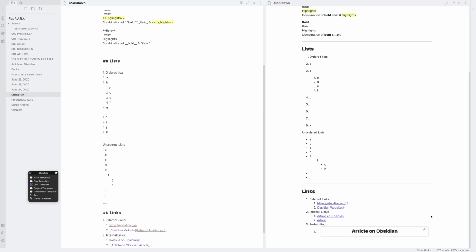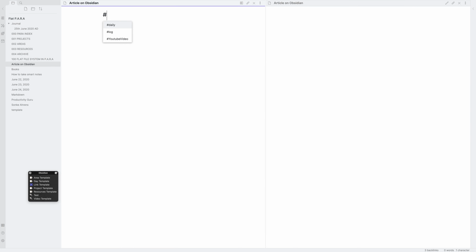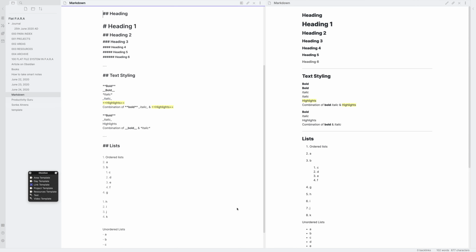Now if I go back to article on Obsidian, let's create two headings. Heading 1, test point 1, and second is heading 2, test point 2. Now what I want to do next is I want to get just this test point 2. I know I've shown this in other videos as well, but since we are going over the basics, I thought it's important for me to show it in this as well. So you go back to Markdown.